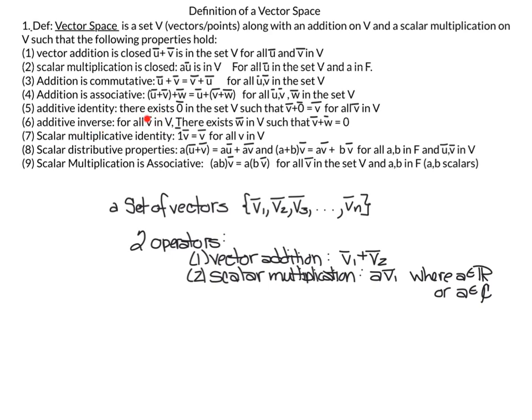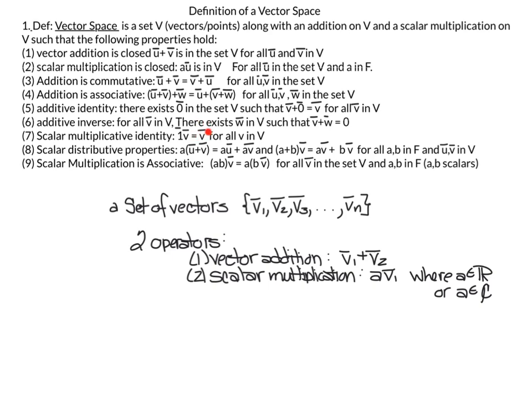So for every vector v in V, there exists a w in V such that v plus w is equal to our additive identity. Next, we have the scalar multiplicative identity. In other words, there exists a multiplicative identity, which we will call 1,